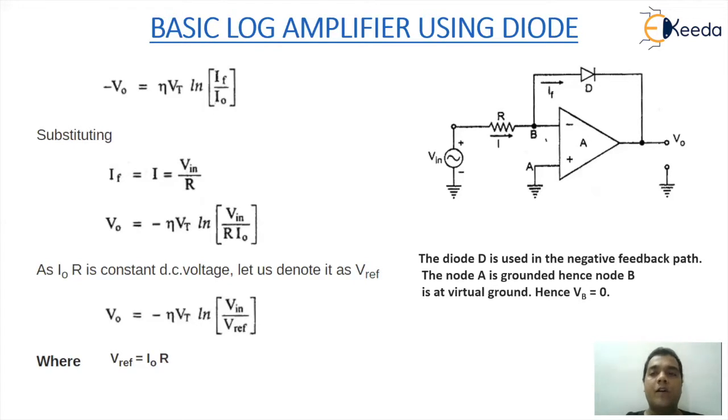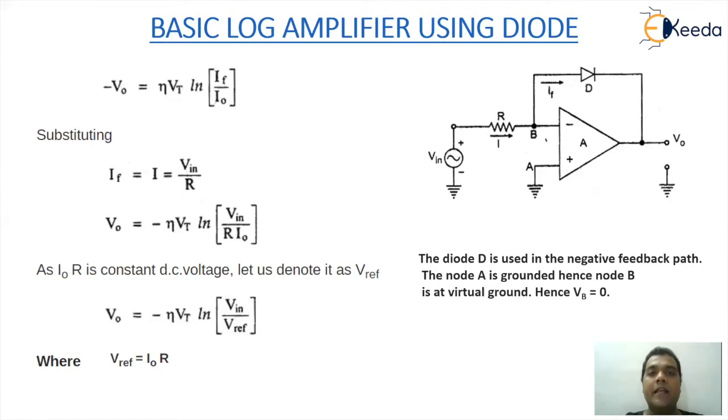Now when you go for a rearrangement, you can define the value of VF. First of all, we will shift the I naught term. So you have log of IF by I naught, times nu times VT, as VF. And when you look at the property of operational amplifier with plus point connected to the ground, since the non-inverting pin of the op-amp is connected to the ground, the inverting point will also be connected to ground due to the impact of virtual ground. So the two pins V plus and V minus are equipotential and the V minus pin will be at zero potential.